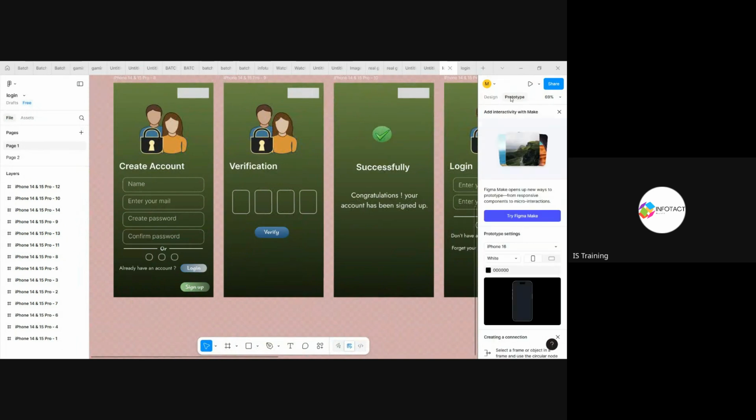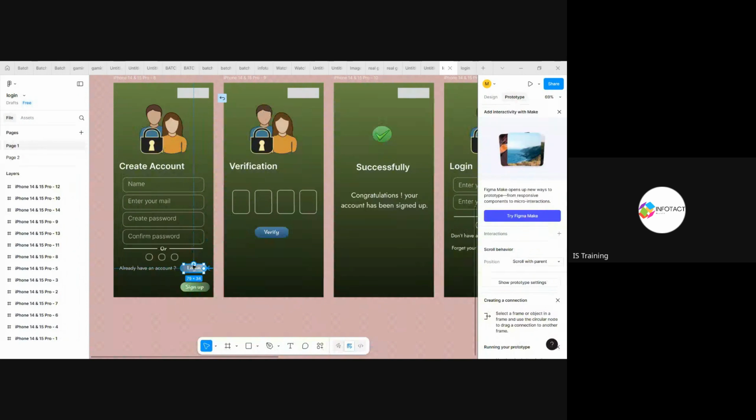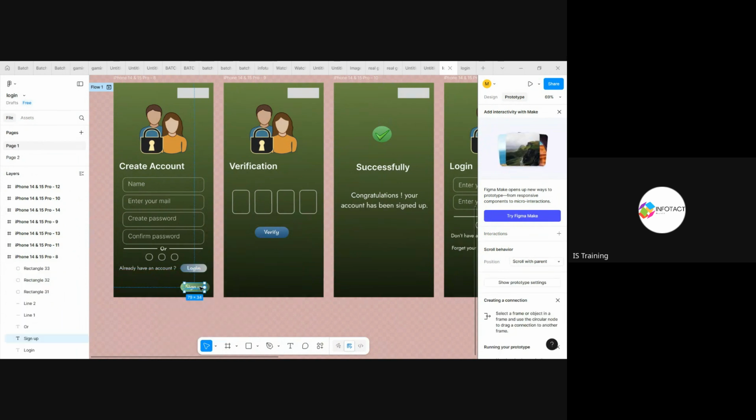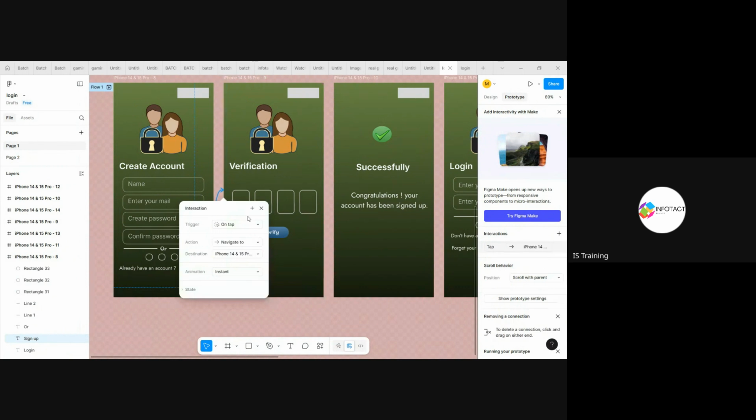Click on this prototyping. Now we have this one. I will be redirecting. First, once a user adds the details, that user will be redirected to this page. Here there are different options: trigger, actions, animation, and destination.